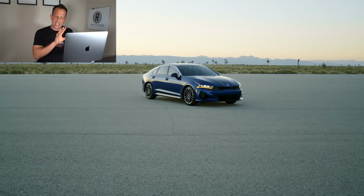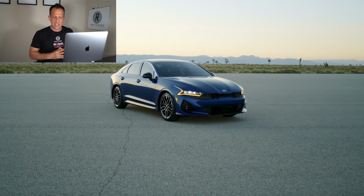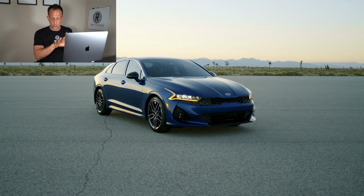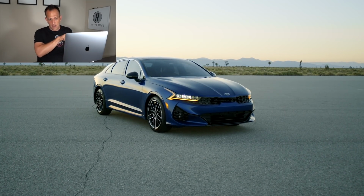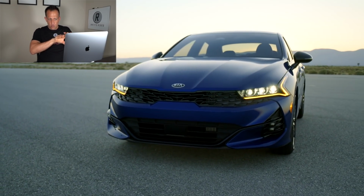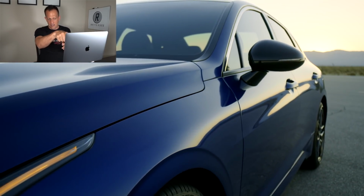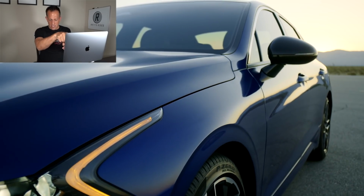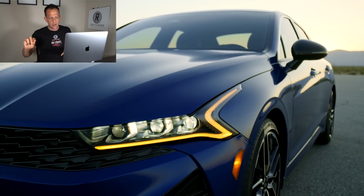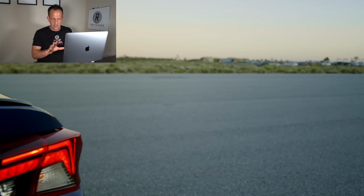I like the way I could trace some of the design philosophy from the Stinger GT into this K5. This shot right here, it just makes me want to drool. I mean, the wheels, those 19-inch wheels look great. I love the way the front fascia extends on each corner down there, and the way the grille kind of really extends out wide. Notice how the hood line, just like on some of the other models, kind of slopes down nicely, and the way that Heartbeat DRL goes into the fender really shows a lot of aesthetically pleasing angles all in one design